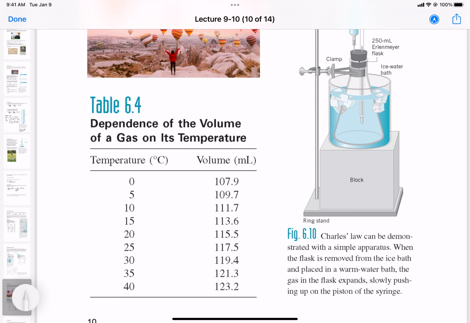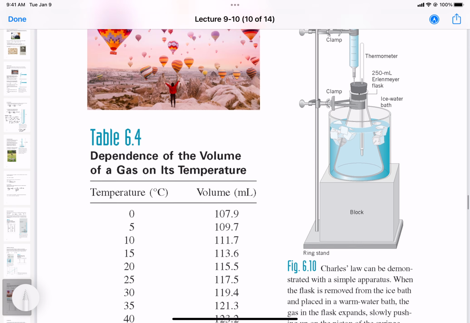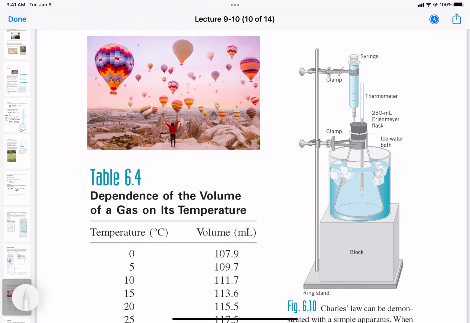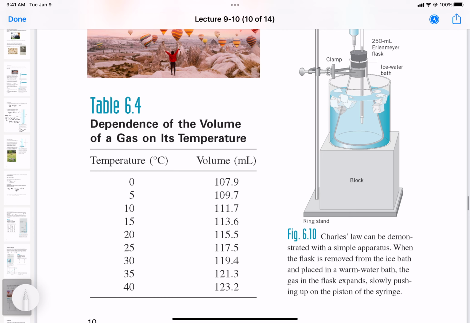Then, to determine that the temperature influences the volume the gas occupies, we have this little syringe here, and this plunger can be moved. How we detect this volume and temperature relationship is we take the gas out of the ice bath, warm it up, and then as the gas expands,